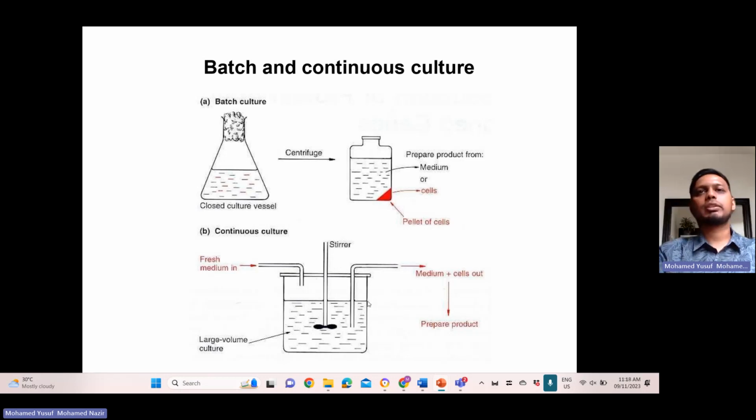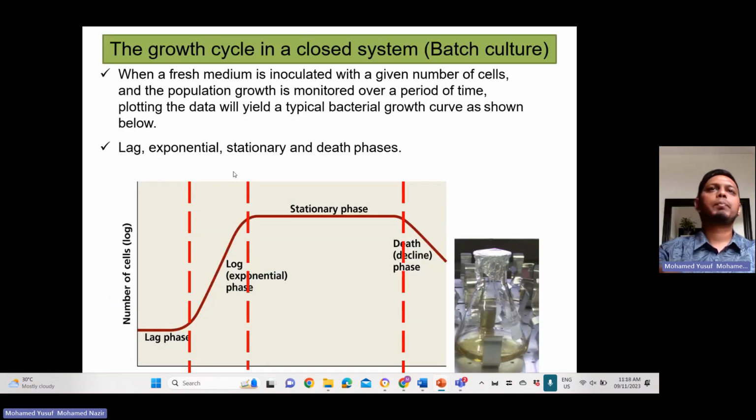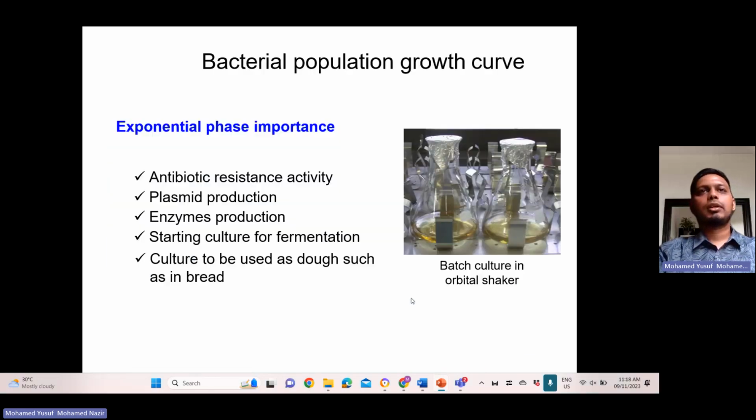This is if you are interested in producing a certain type of product from the microbes. But in the common spoilage case, where there is a contamination of bacteria in a common food system and the bacteria start to cause spoilage, the concept will be almost similar to the batch culture, and it will have these typical growth phases: lag phase, log phase, stationary, and also the death phase.